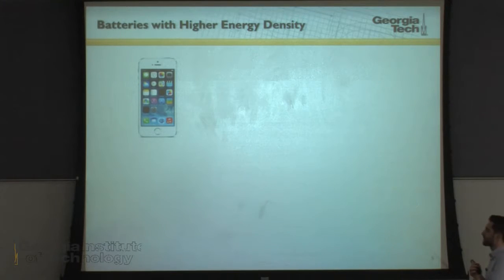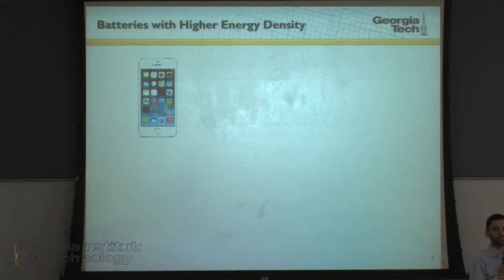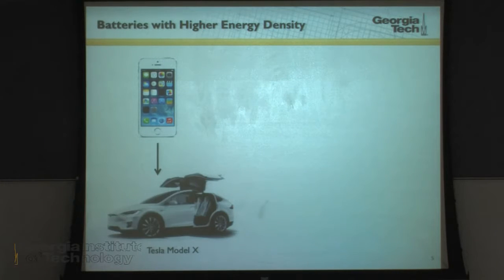So batteries, of course, everybody knows, lithium-ion batteries have enabled portable electronics. They've enabled the revolution of portable electronics in the last 15, 20 years. Lithium-ion batteries have a very high energy density compared to other types of battery systems like nickel cadmium or nickel oxyhydroxide. But even though they've been very good for iPhones and laptops, moving to new applications like low-cost and long-lasting